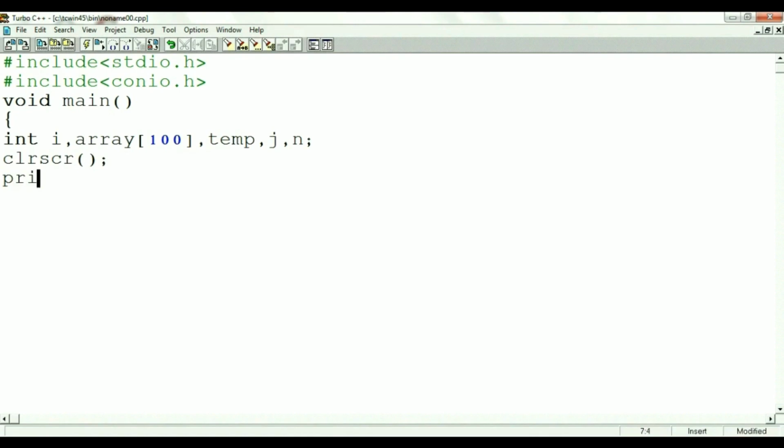After that, printf, within the double quotation, "enter value n", closing of the double quotation. scanf("%d", &n).